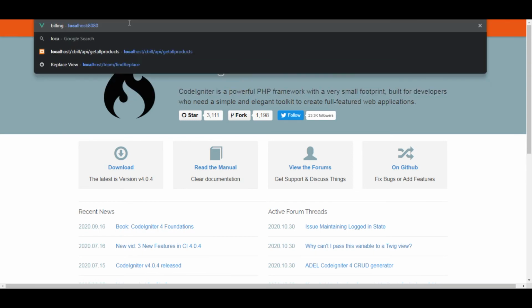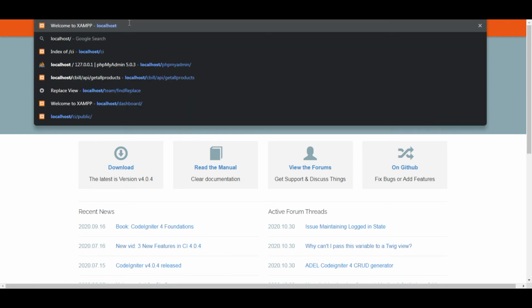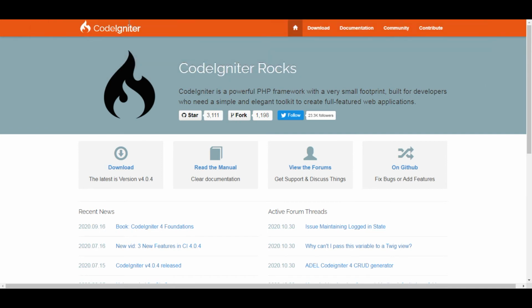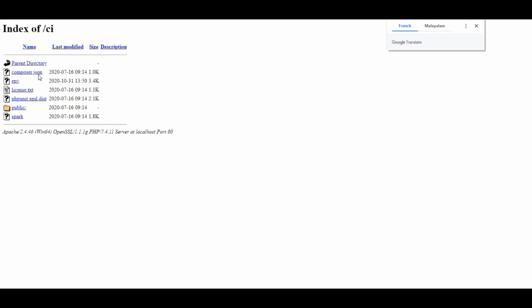Go to localhost/, and I have given the folder the name CI. While going to this folder, it shows the index folder. Going to public, it shows an error that the locale default is not set.